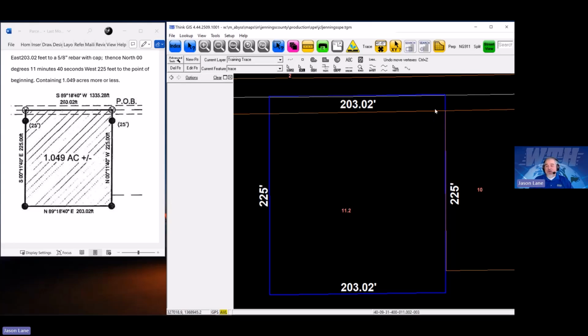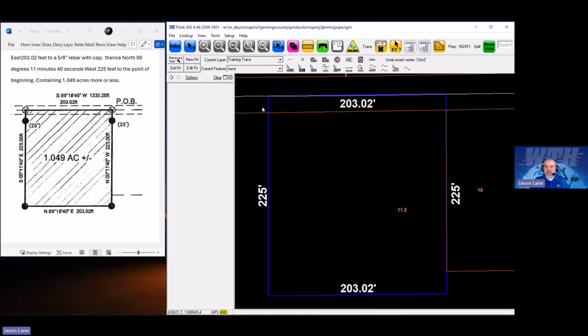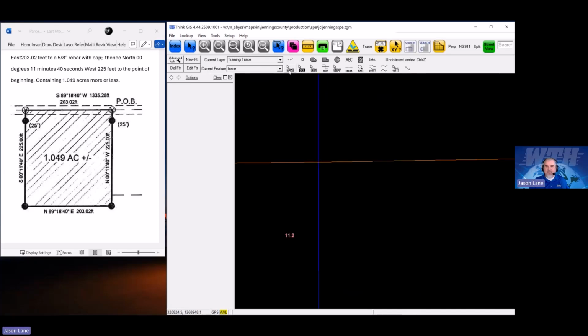So now that these are really close, and as you look at this line, you can see the orange and blue mixed together there. But if we hit move, hover over that vertex right there, get the little box, hit V on our keyboard, and I usually just roll my scroll wheel, and then we'll come down here, hit V, roll the scroll wheel, come up to this one, move,